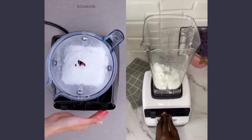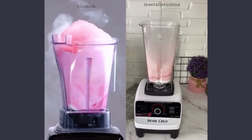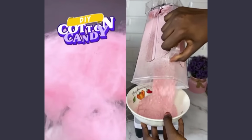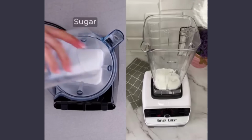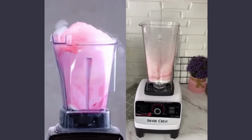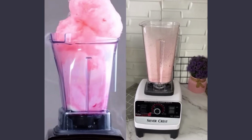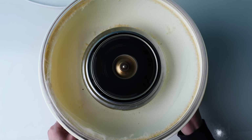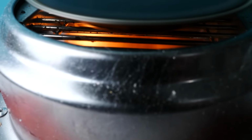On the left is the original and on the right is the person trying it at home. They're blending sugar and food colouring to make cotton candy. And of course they just get powdered sugar mixed with some chunks of food colouring in there. If you're a regular to How to Cook That, then you already know that to make cotton candy, it is indeed just sugar and food colouring, but it has to be heated up until the sugar is melted, and then